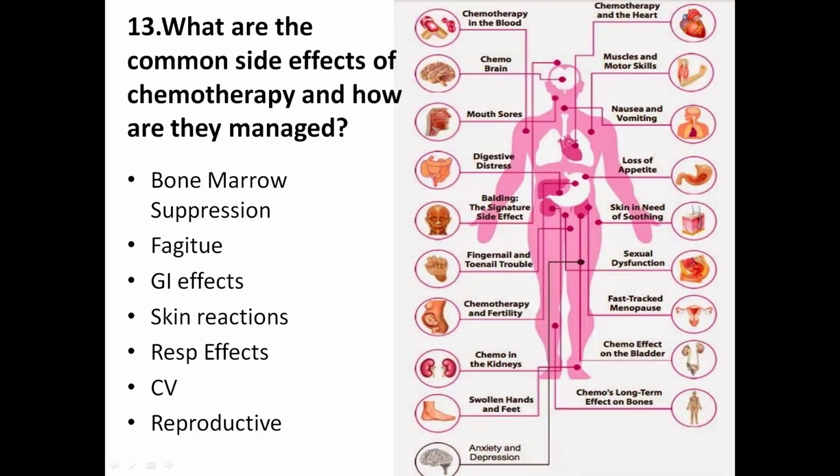Most common side effects of chemotherapy: bone marrow suppression. Most common effect, pancytopenia, which means decrease in all blood cells, not just white, all cells. Pan, all blood cells. So our nursing intervention would be neutropenic precautions, stringent hand washing. Fatigue, 70 to 100% experience fatigue, and this is the most stressful. They are just dog tired all the time. So as nurses, we want to promote rest, good nutrition, and sleep.